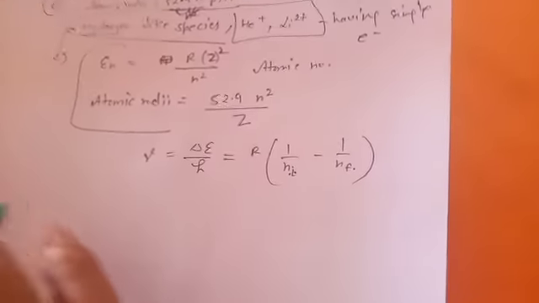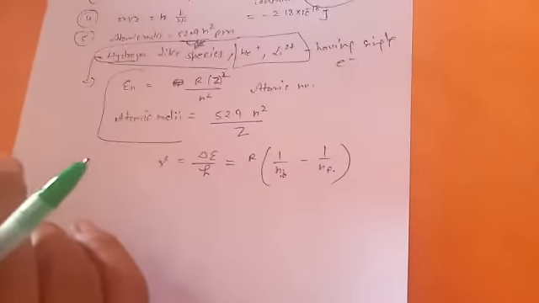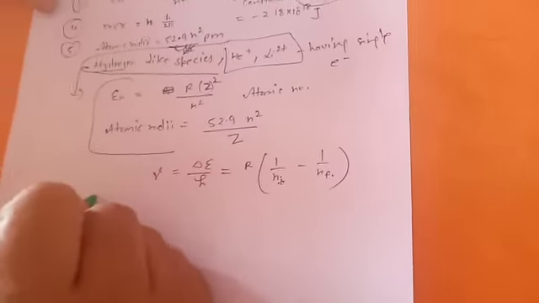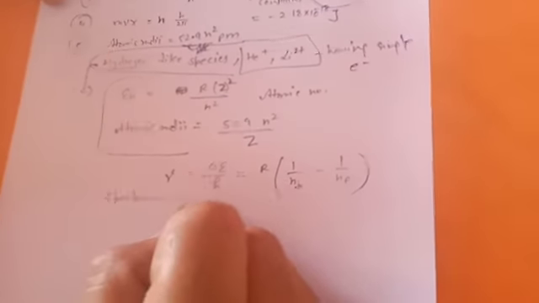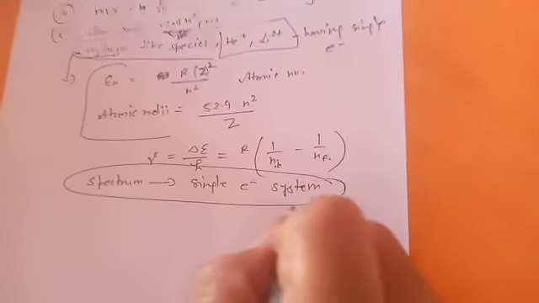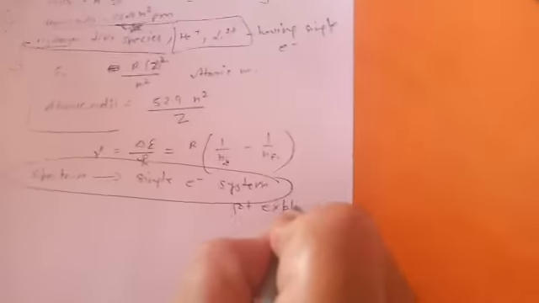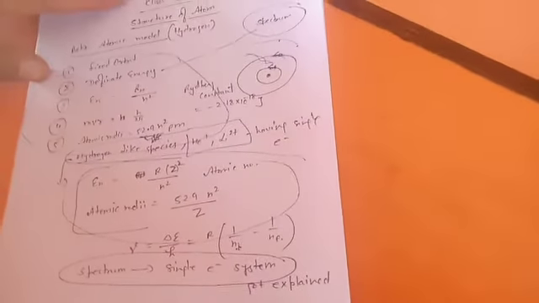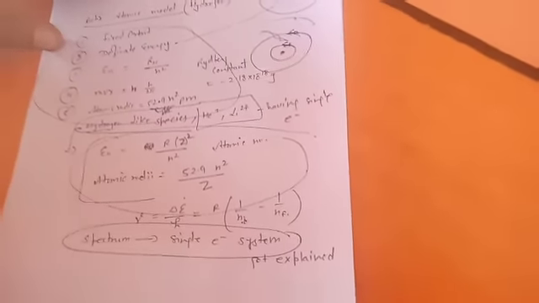So this whole concept runs around that. On that basis, Bohr explained the spectrum for a single electron system, which got explained by hydrogen. These are the different things: in the case of hydrogen we follow these rules, and in the case of hydrogen-like species we follow these rules, these formulas to calculate.